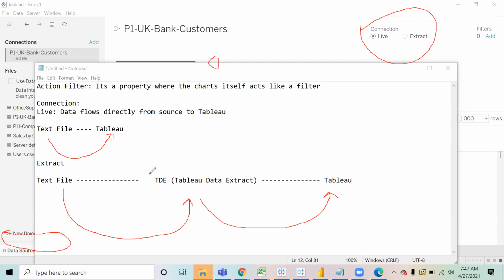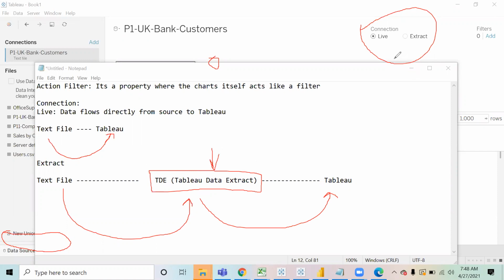Basically, there is a new layer that will be created between Tableau and the source file in which the data will be stored. This is called TDE, Tableau data extract, and all that data is going to be stored in this.